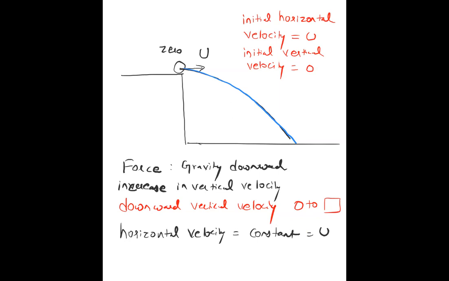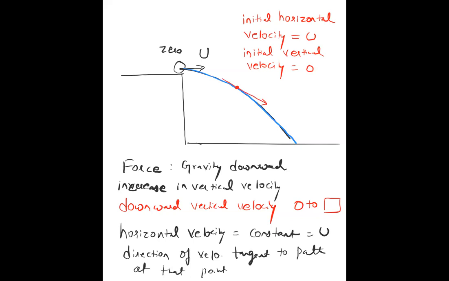Always remember that the direction of velocity is always tangent to the trajectory of the motion of the particle. So the direction of velocity is always along the tangent to the path at that point. If you want to find the velocity direction at this point during the motion of the particle along this path, the direction of velocity will be along the tangent drawn at that point to this curve.